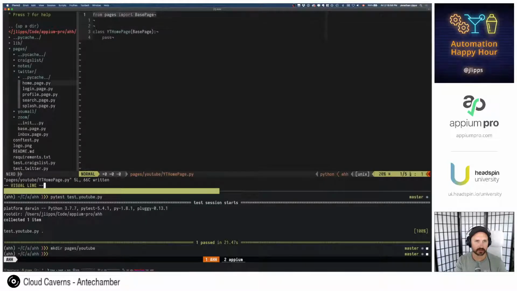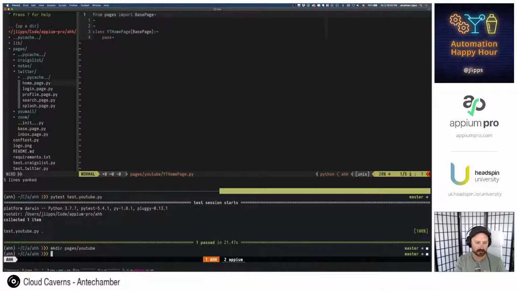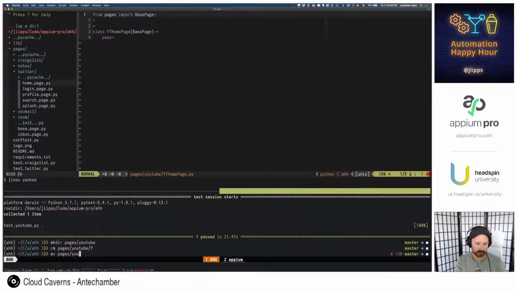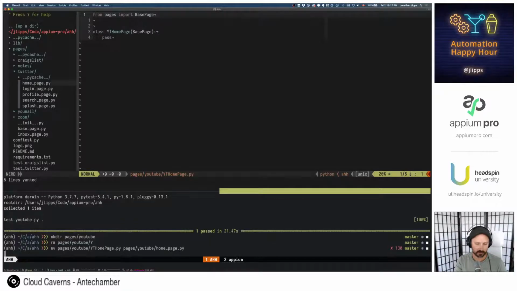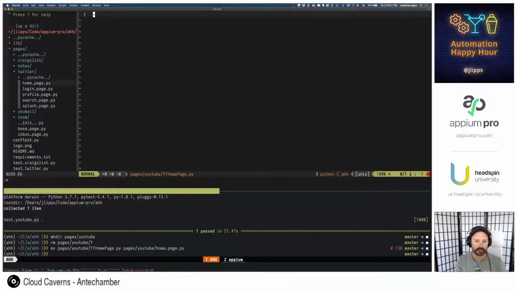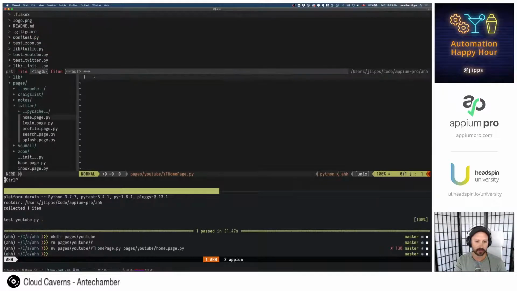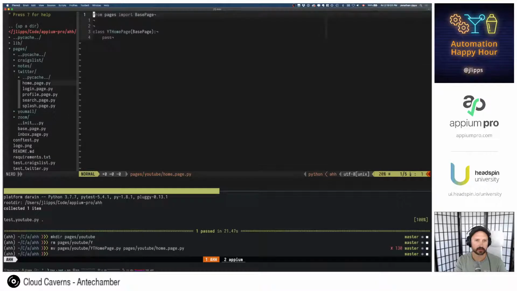So I am gonna copy this and then delete that file. Or I guess I should just move it, shouldn't I? It's more sane. Okay, yeah, that file doesn't exist anymore. But if I look for a home page, now it's here. Great, now we're doing the Pythonic thing.